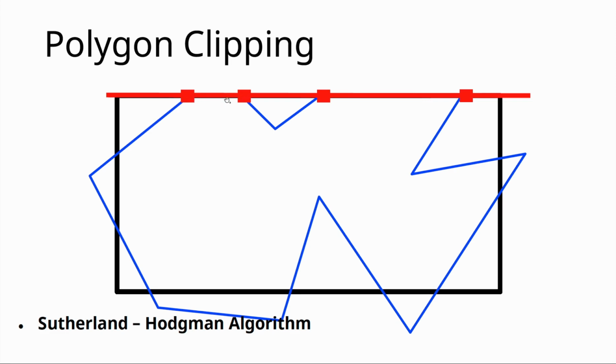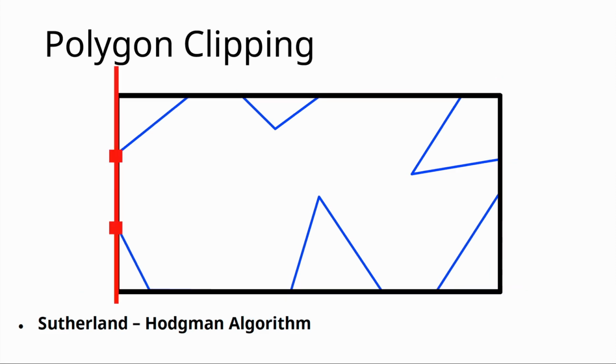So you must close your polygon here. Right, so this becomes a new edge for your polygon. This becomes a new edge for your polygon. Okay. Similarly, do it for the right edge, the bottom edge, and the left edge, and that gives you the